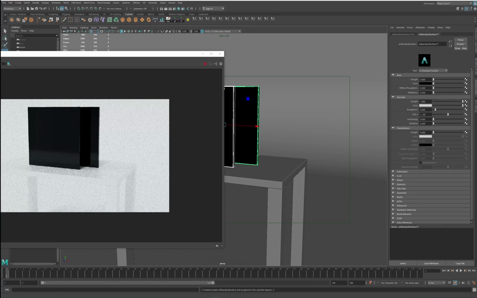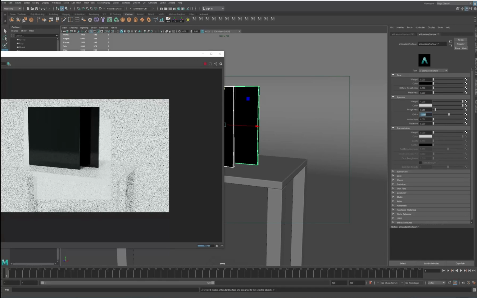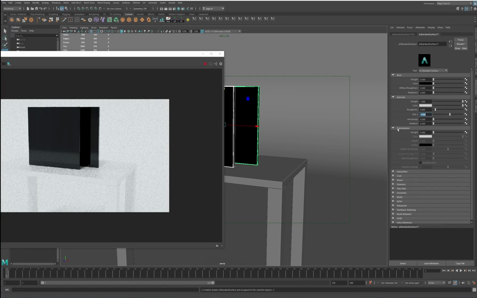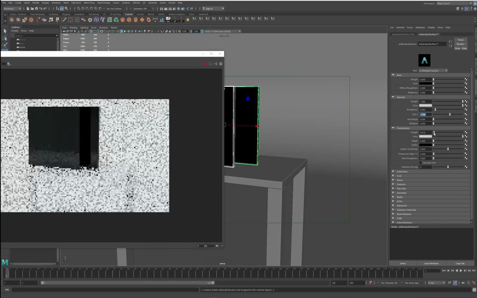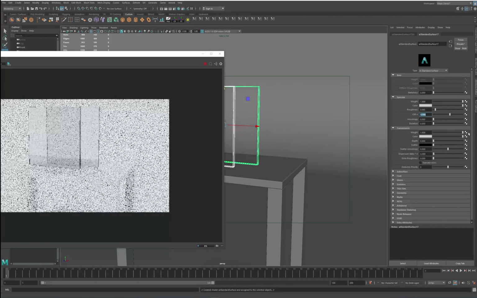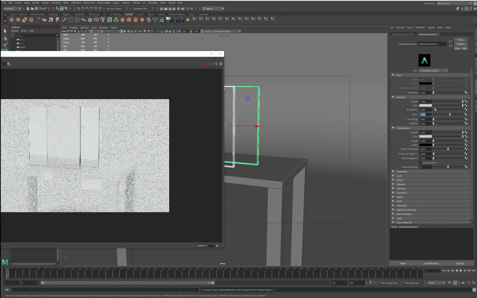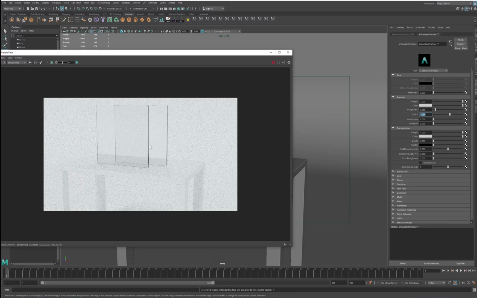Index of refraction controls how light bends when light strikes the glass. I think 1.5 is a little bit too low. We can make it like 1.6 or even maybe 1.7. Let's try that. And for the transparency, under this transmission, we'll increase it all the way, and you can see now we are not having that glass effect, but we still don't have the green